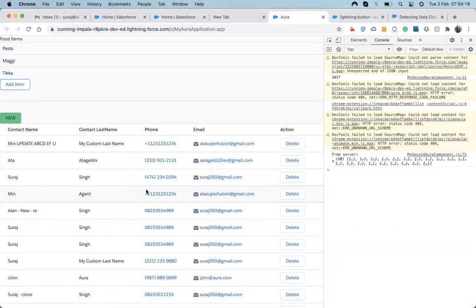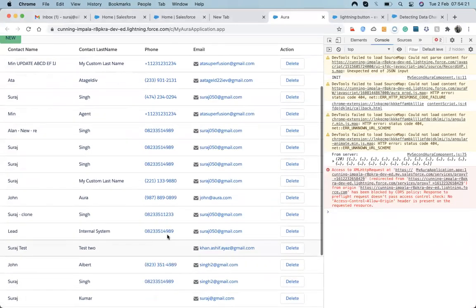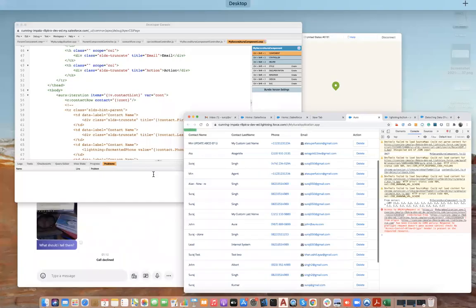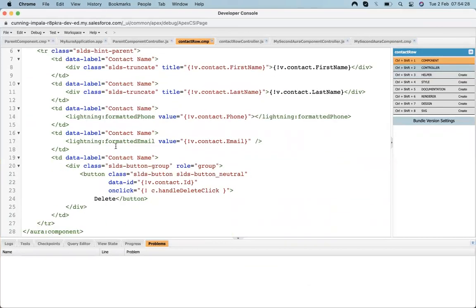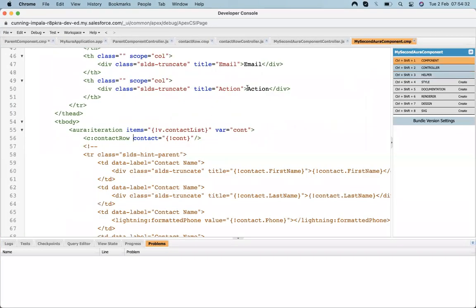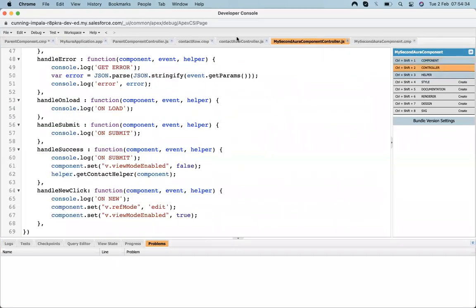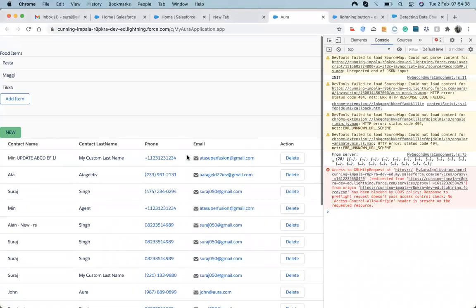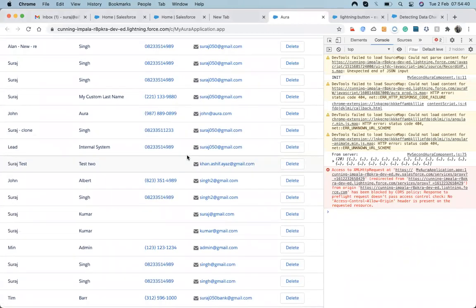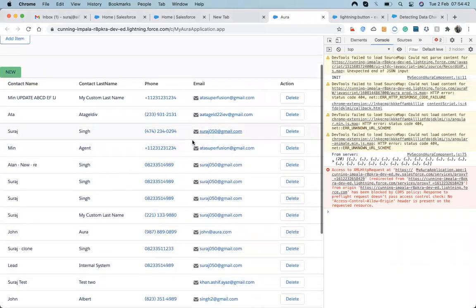You can see that all the values get populated up here with the help of this child component. In the child component, I created just a row. That row handles all those things, and there is one button called the delete button. So the delete button is showing up here.